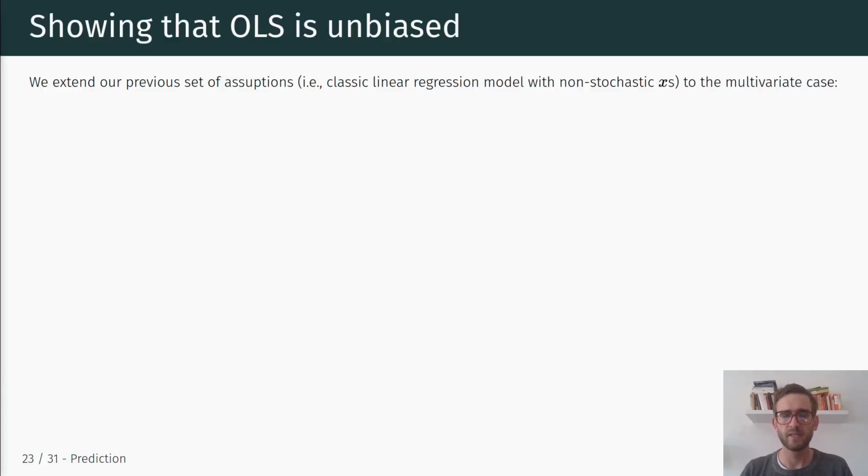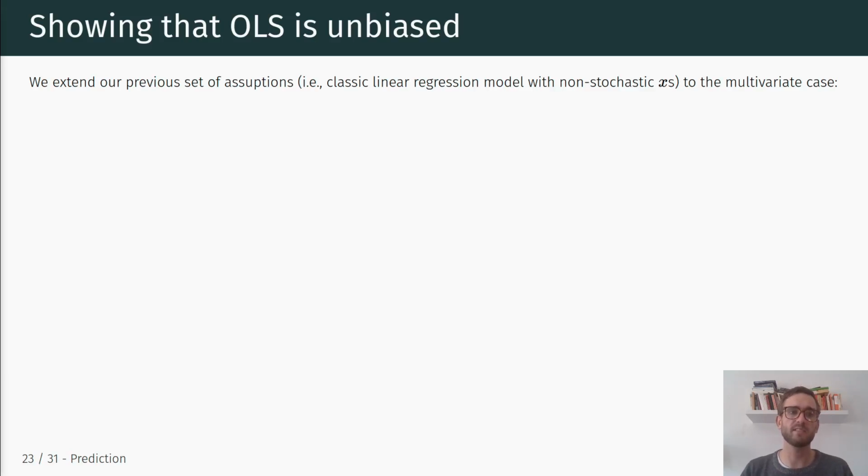Hey everyone. So now we will show that OLS is unbiased in the multivariate case. So we again consider the properties of the OLS estimator in the classic linear regression model where we assumed that the x's were fixed, so the x's were non-stochastic. And the same applies again, we can relax this assumption later on and consider stochastic x's where the x's are actually random variables, but this case will be much easier to deal with, right?